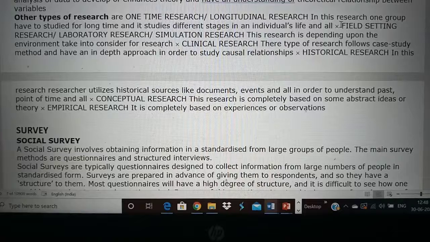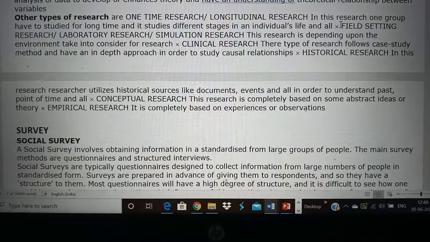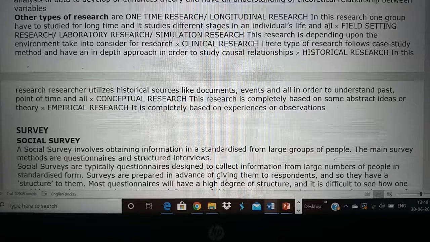Then conceptual research, that is, conceptual means it's a new idea, it's a theoretical knowledge which you have. So it's a new concept, nobody has thought about it, and you are doing research, then it is conceptual research. Then empirical research means it is based on experiences or observations. Mainly if you do research on leprosy patients and you already know what is happening, then based on your experience you are validating through the research.